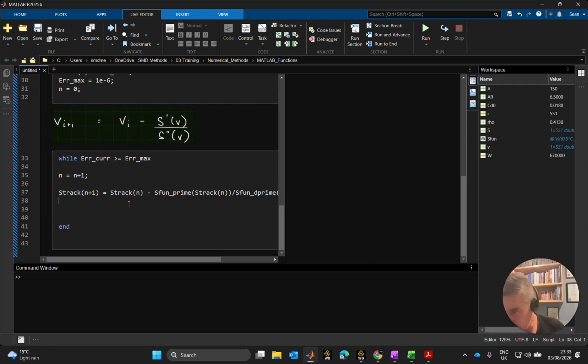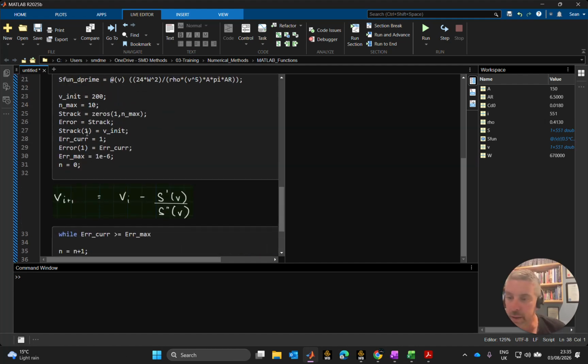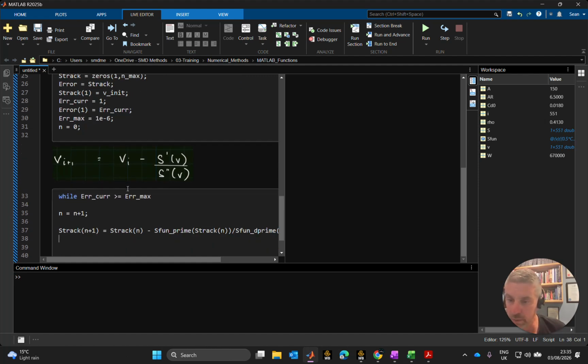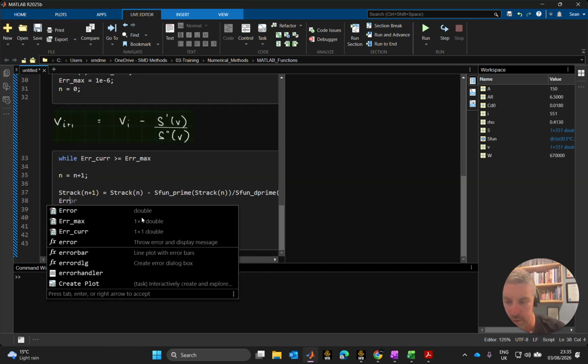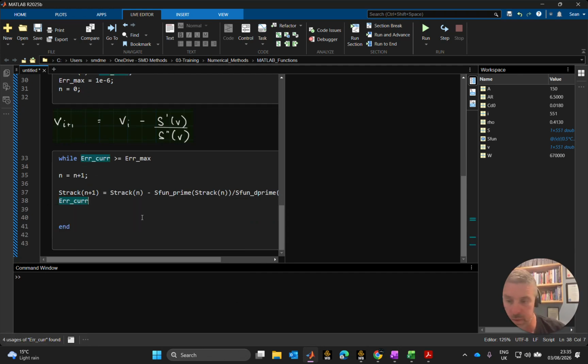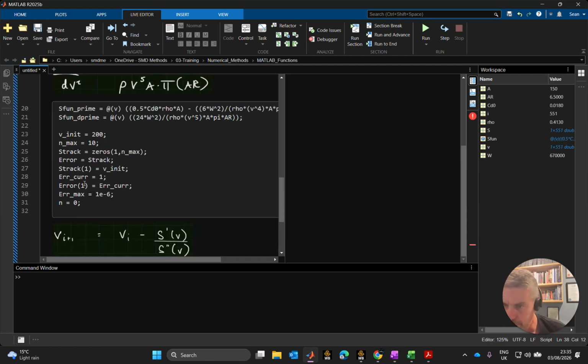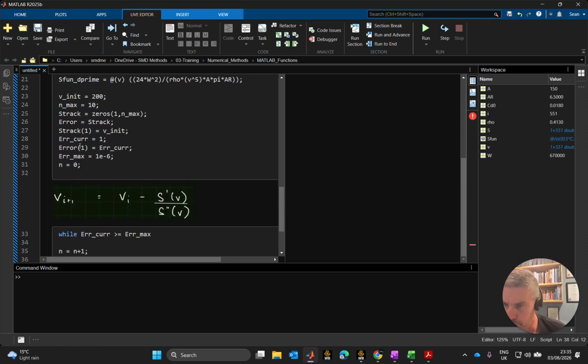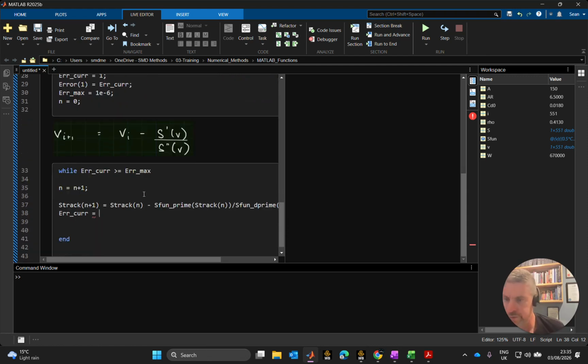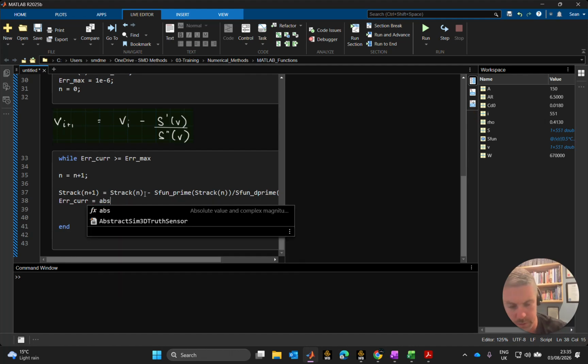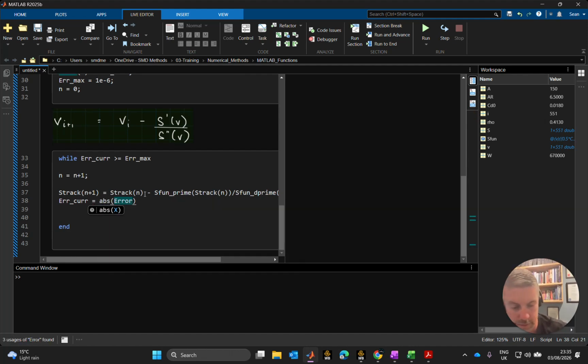Now, on top of that, I also need to calculate my error, because I need to report back at the start of the while loop what my current error is. So my error current is 1 at the minute, which is greater than or equal to max. So my new error current is going to be equal to my error of n plus 1. Well, it's going to be an absolute of my error of n plus